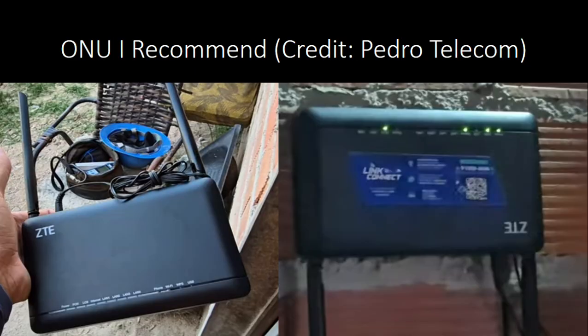So this is the modem I would recommend from ZTE. This is also credits to Pedro Telecom. It's a pretty basic one from ZTE. It looks just like the Huawei modem. Just look it up, you mount it. It has the phone ports. It has the SC connector, SCM port under it. It has the four Ethernet ports. It also supports IPTV as well in case you want that for landline internet and TV. Or optional, it supports 2.4 and 5 gigahertz. Confirm if it supports 6 gigahertz or not, but 2.4 and 5 gigahertz for sure.